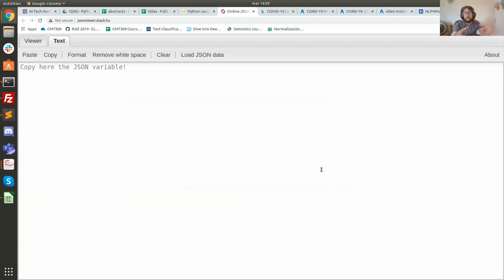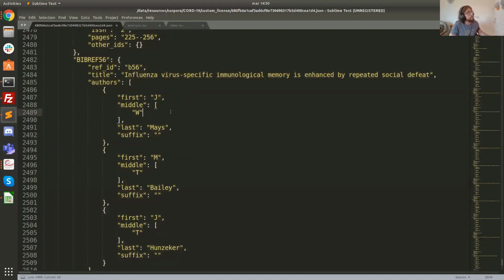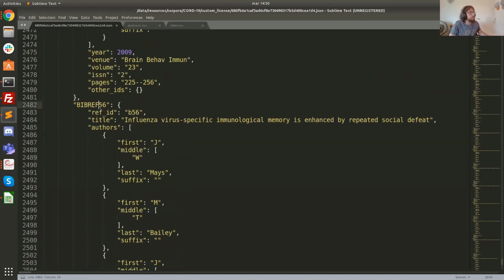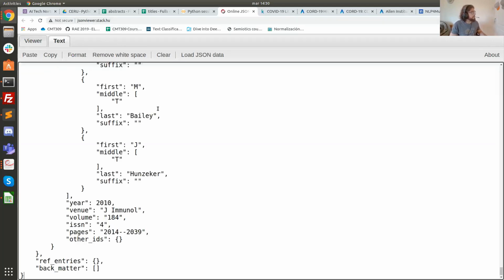A JSON object is just a Python dictionary or a list of Python dictionaries, but because dictionaries can be nested at as many levels as possible, it's easy to get lost, even with this nicely tabulated format and syntax highlighting. It's sometimes difficult to remember this bibref, which is simply a reference in the paper to what it is pointing to. So on this particular website, you just come here, copy your